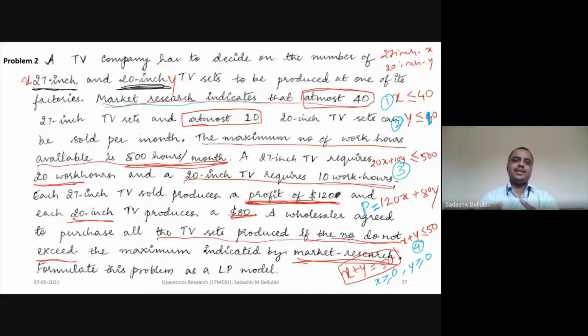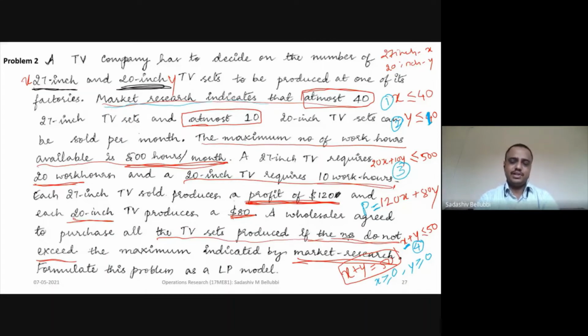So these are the different constraints we need to add. For each statement, we need to add the constraints. One constraint is X should be less than or equal to 40. The second constraint is Y should be less than or equal to 10. And then one more constraint: if we add both, he wants to sell a maximum of 50, so the sum should not exceed 50. In that, again, X should not be more than 40. It is up to 40 only. So that will be a constraint.